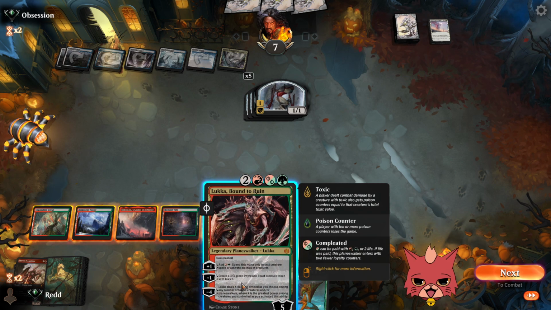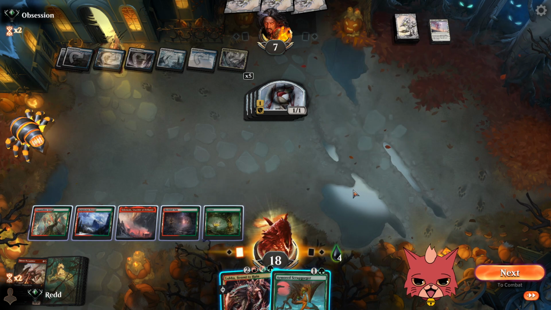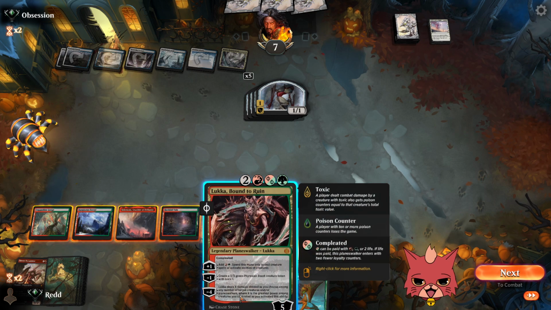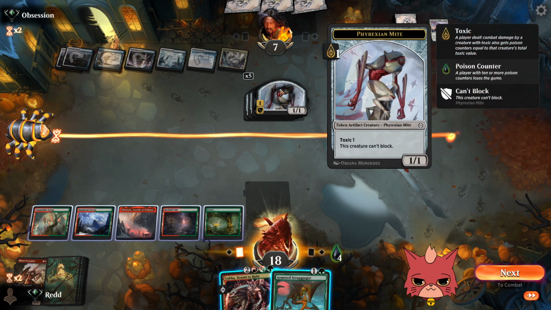We can go Lukka, then plus and get Scrapgorger down, but what's that gonna do, man? We have a Scrapgorger to block with, they remove it. We could go Lukka -1. These can't block. So if we get...